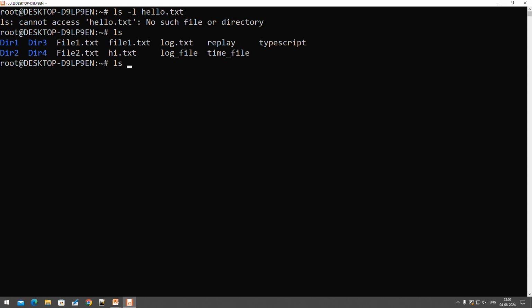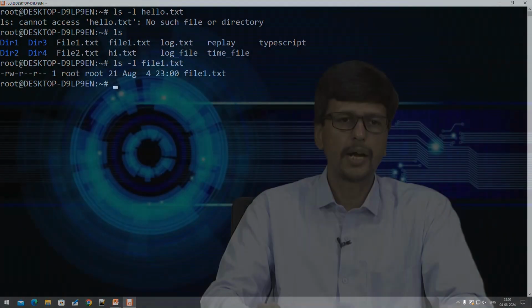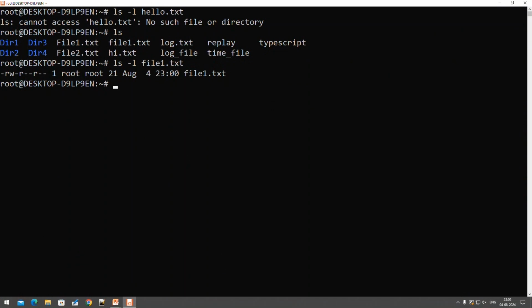So we can check by using the file name file1.txt. Yes. Now the file permissions you can see, first 3 letters R, W and then a dash. That means the user has read permission, write permission and execute permission is not there. Only 2 permissions are there, that is R and W, for that particular user. Then after that R dash dash, that means the group has only read permission, and then for other users